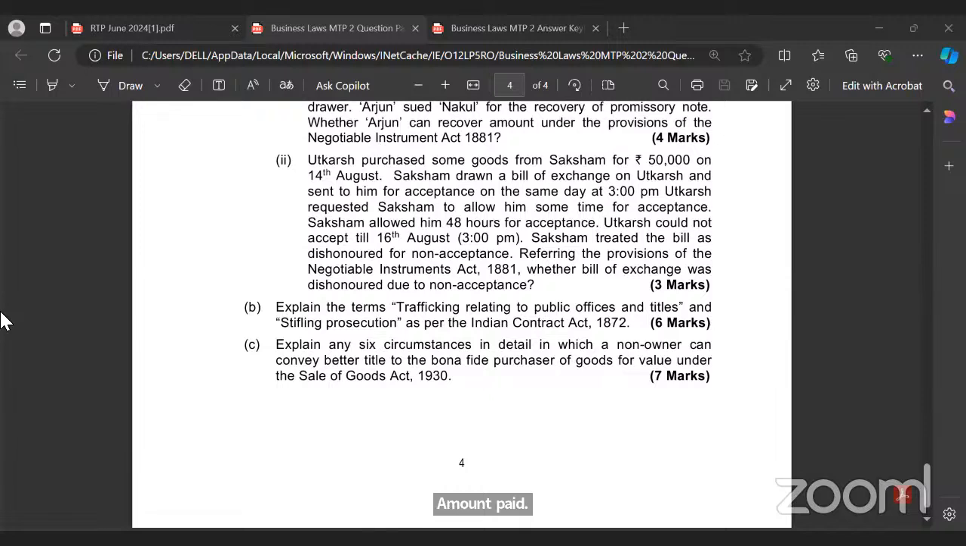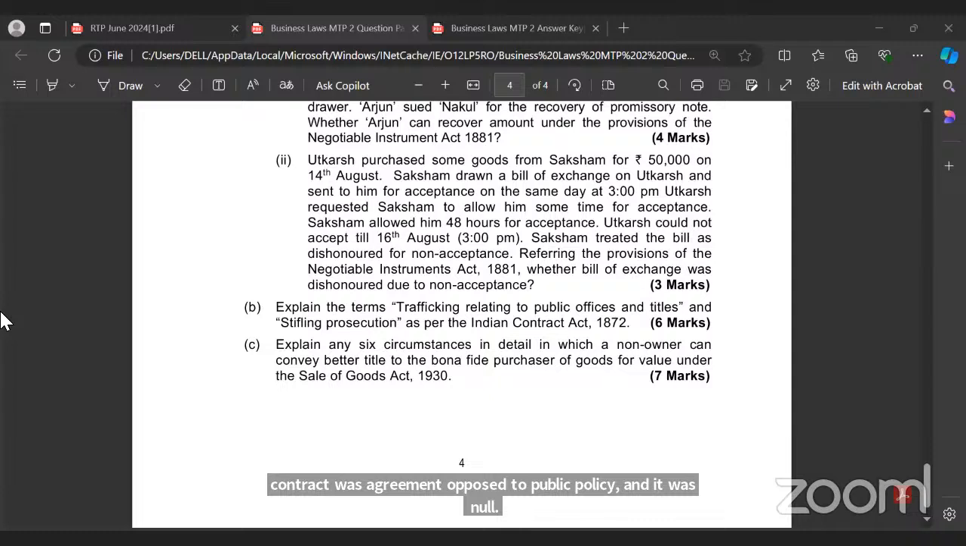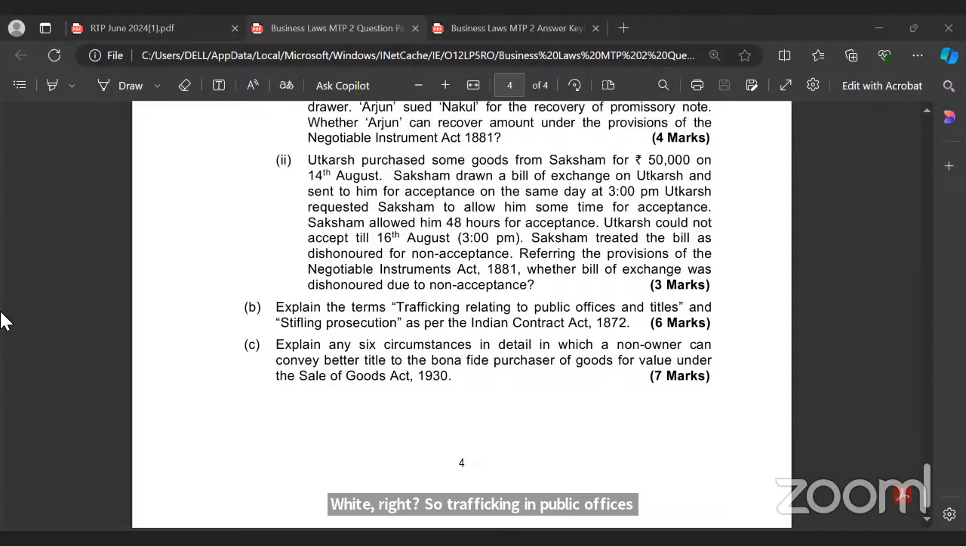And then we did one case also, Muttuswamy versus Swaminathan, where one person paid money to another to retire before his due date so that he could get the government job. Correct or no? The court held that, and afterwards the person refused to retire from his job. The court held that the contract was an agreement opposed to public policy and it was null and void, right? So trafficking in public offices means paying money to get a title like Padma